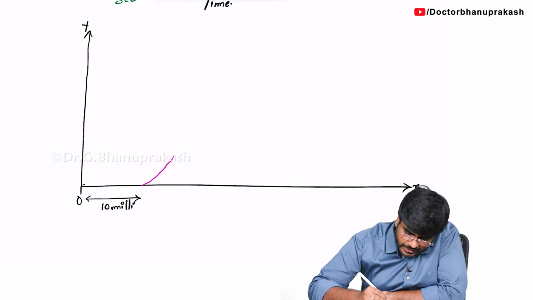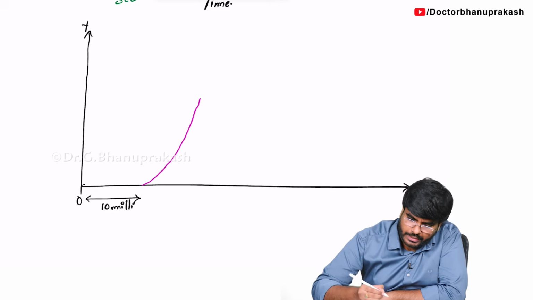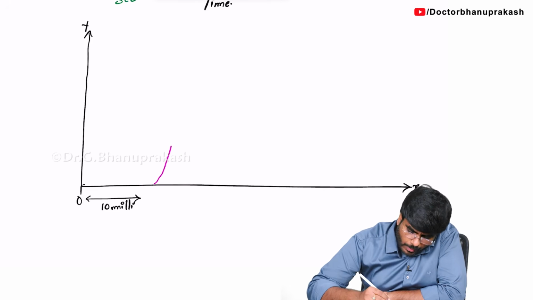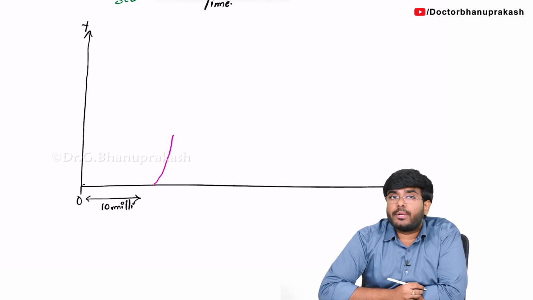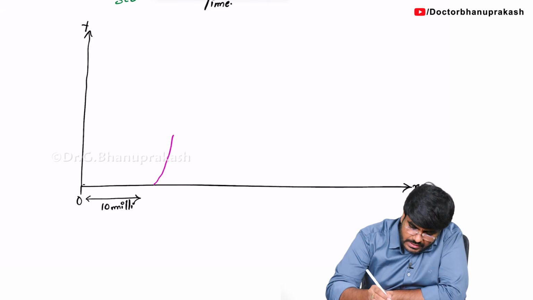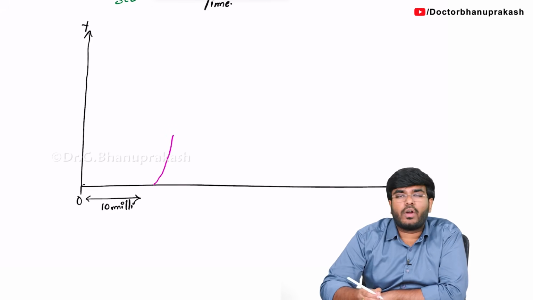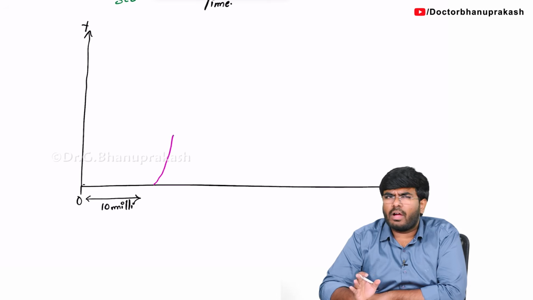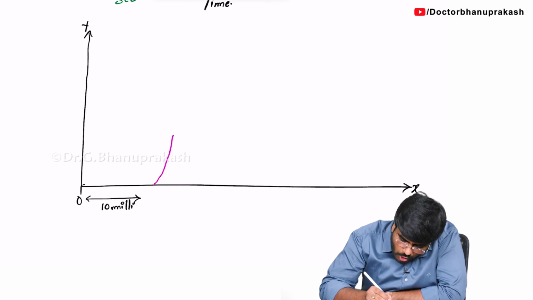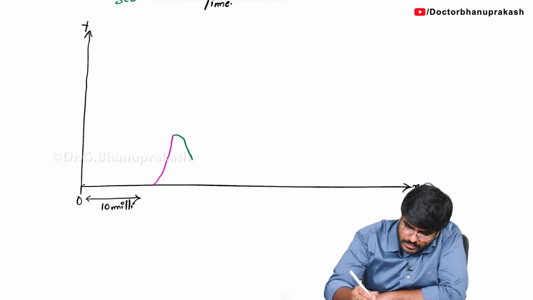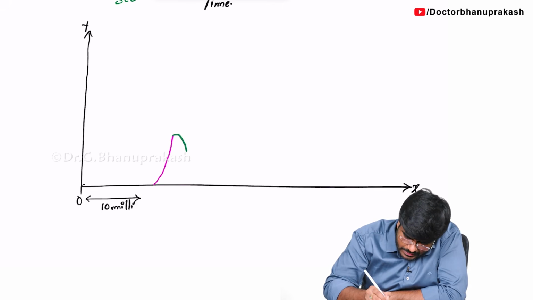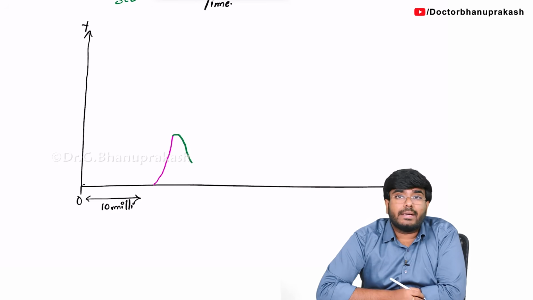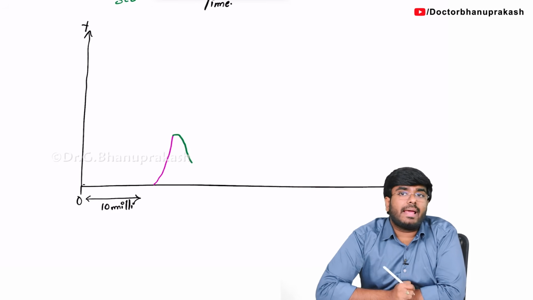Contraction phase begins and more force is generated. Let's say some amount of force is generated. After that, what will happen? You tell me. Sir, after the contraction phase, the relaxation phase is going to begin after 40 milliseconds. Okay, relaxation begins. Now the force generation is decreasing. The muscle is relaxing. But now what I did, even before the complete relaxation,